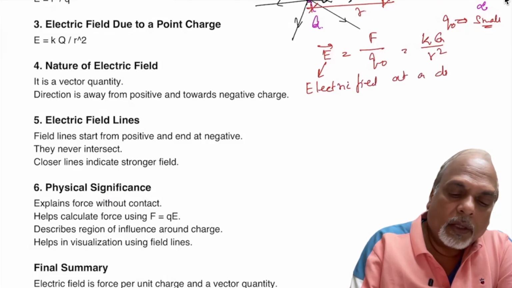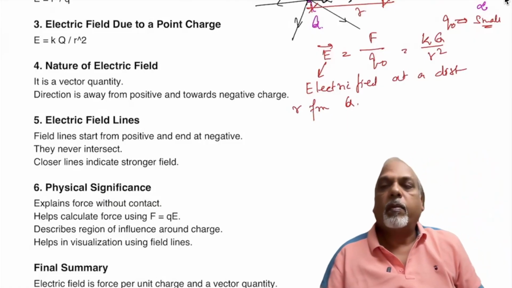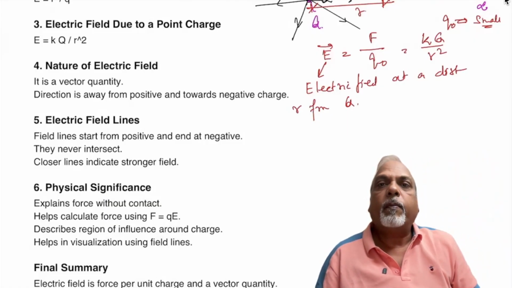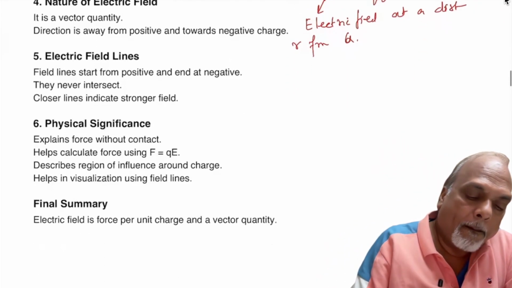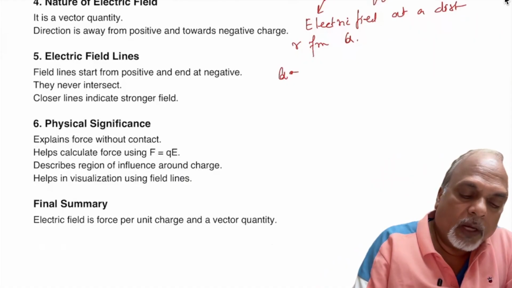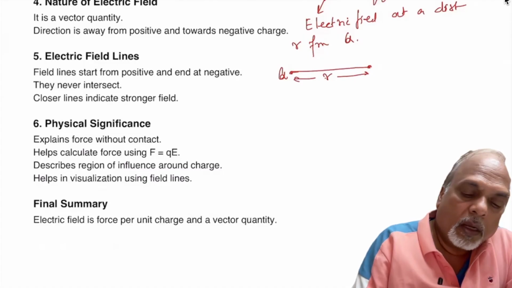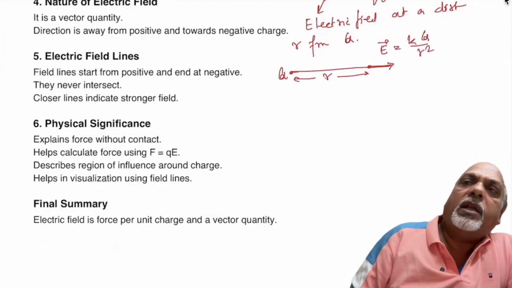at a distance R from Q. Correct? So suppose you have a Q0 charge here, then we can always say that at a distance of R, here, this will be the electric field, and its value is K Q upon R square,